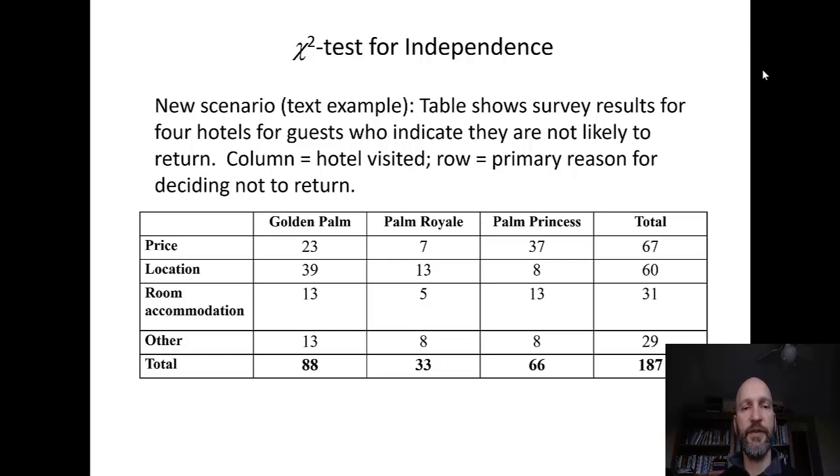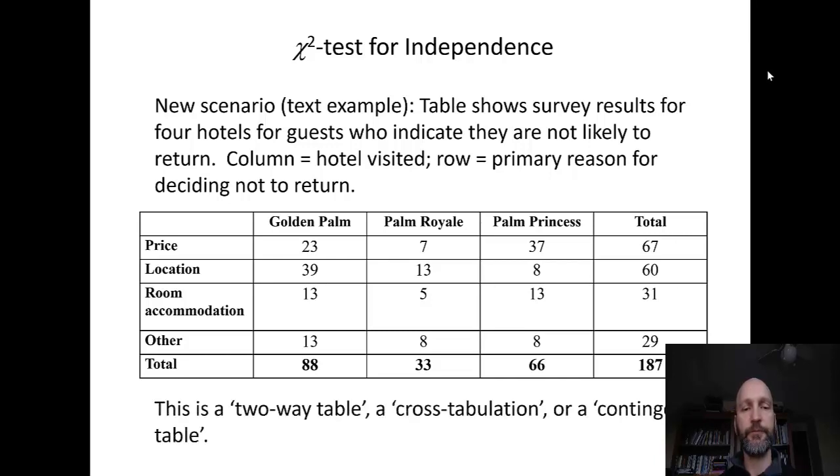And of those that say they would not return to the hotel, they're asked why they wouldn't return. And the options are either price, location, something to do with the room, or other. And in this example, we have 187 hotel guests that were asked whether they would return, and they said no. And they were asked further why they wouldn't return. This type of table is called either a two-way table or a cross-tabulation table, or you might even see it